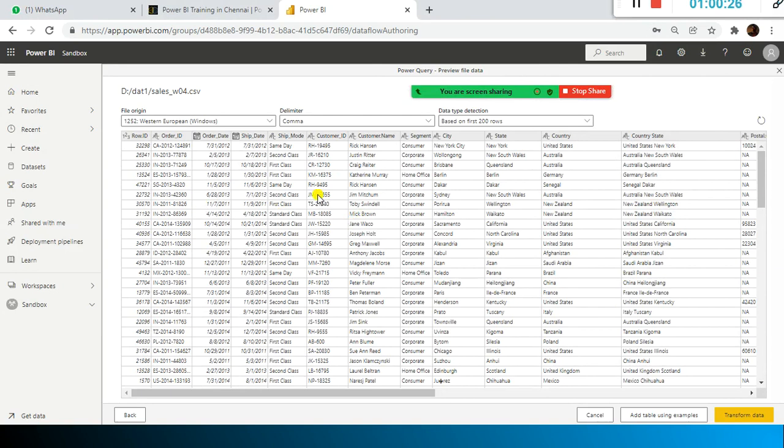See, it got loaded here, right? So next, I have only three options: add table using examples, which I don't want to use, and transform the data.